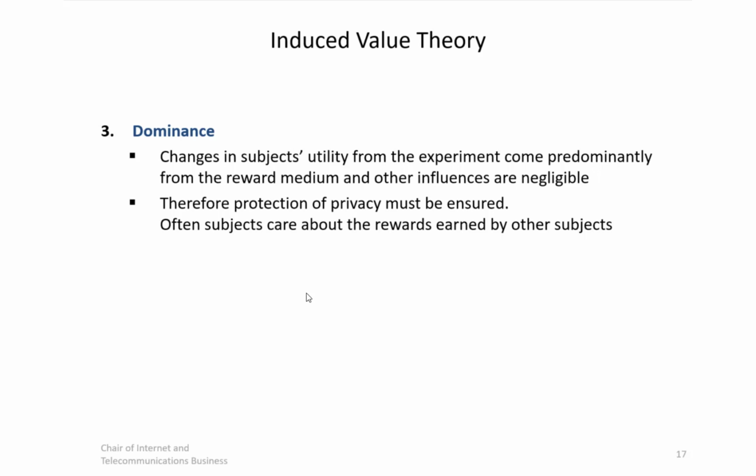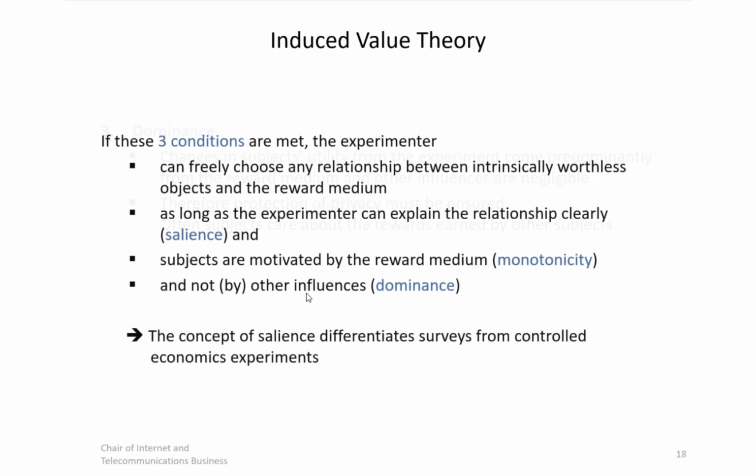Therefore, in these circumstances, it's very important that the protection of privacy must be ensured, because if consumers know that others will observe what they are doing, then they might not behave as they should if no one is looking, right? And that is what we want. We want money to be the predominant factor that motivates someone to do an action, because that's the reward medium, right? And that should be the dominant one and not someone else judging someone else. Okay,